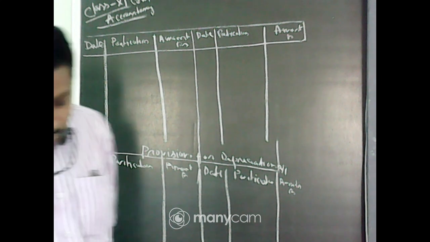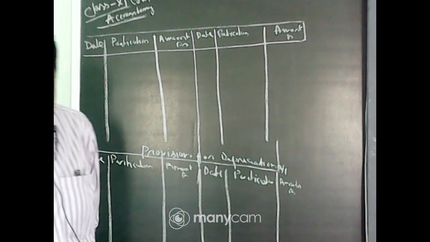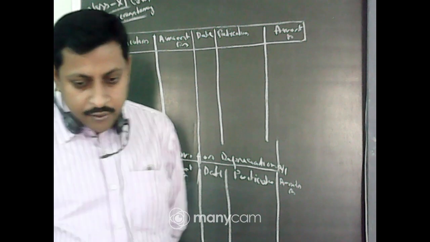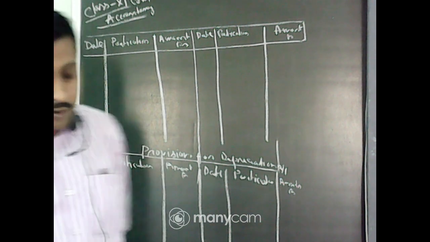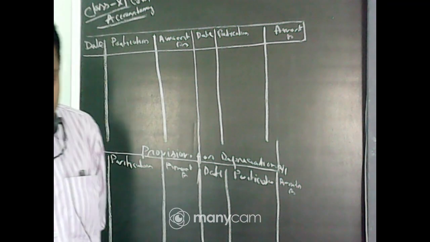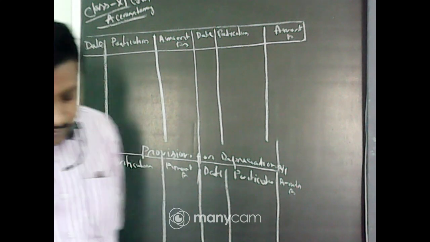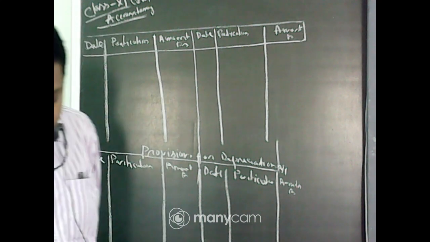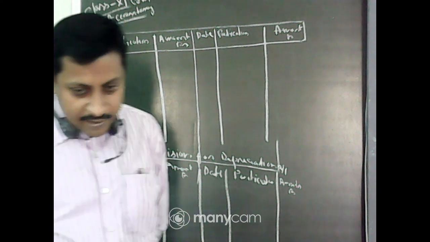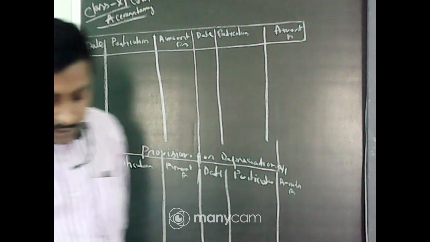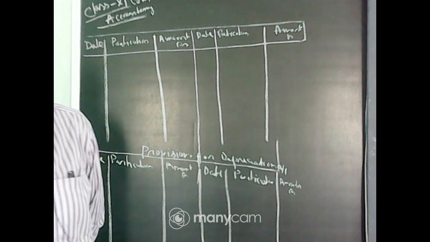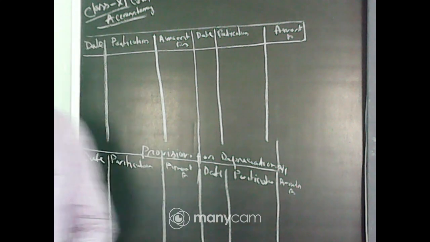The accounts are closed on December 31 every year. So the account closing date here is December 31, and the accounting year will be considered as January to December. Now show the machinery account and provision for depreciation account for 3 years. You have to show the machinery account and the provision for depreciation account for 3 years.